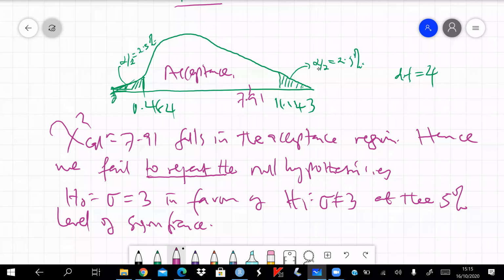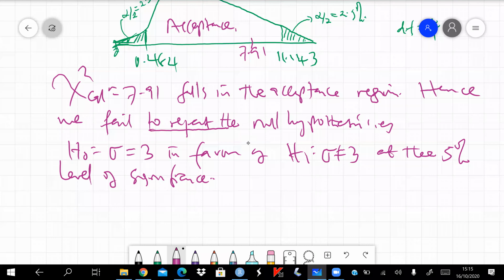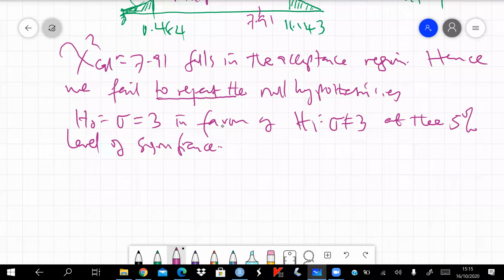Okay, so that's basically how you perform that simple test. Any question there? So we can also use the p-values method. You can also use the p-values method to decide whether to reject or fail to reject the null hypothesis. So I'll show you how to use the R code in this case. So the R code in this case will be